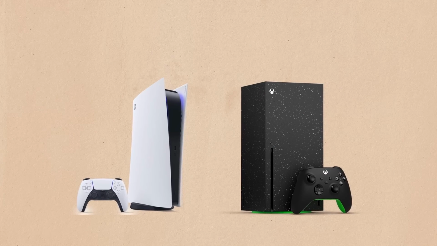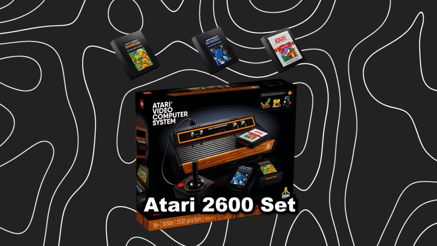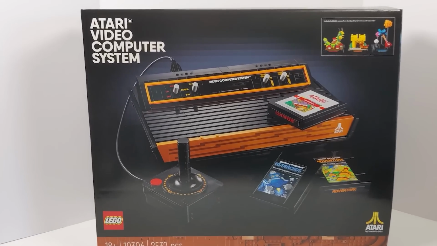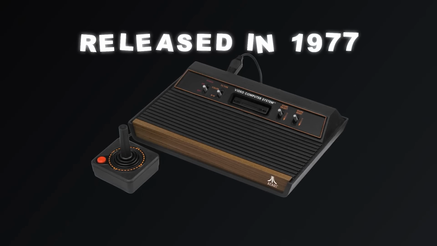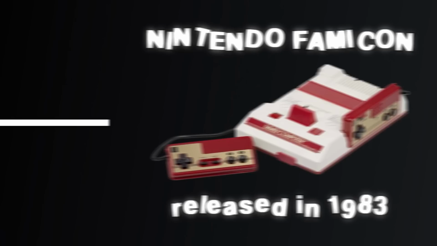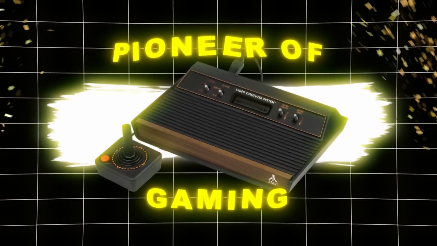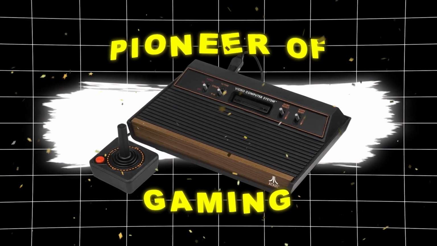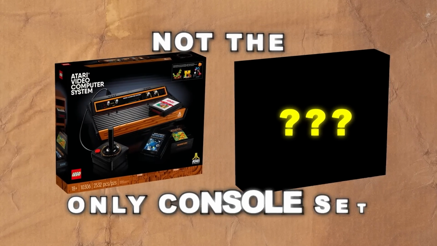Up next is a literal video game console made into a Lego set, the Lego Atari 2600. When it comes to vintage video games, this console is one of the best. It was released all the way back in 1977. That's 5 years before the first Nintendo console. Many people consider the Atari 2600 to be the pioneer of video game consoles, and I can't say I blame them. This console is a huge part of video game history, but it isn't the only console that Lego made